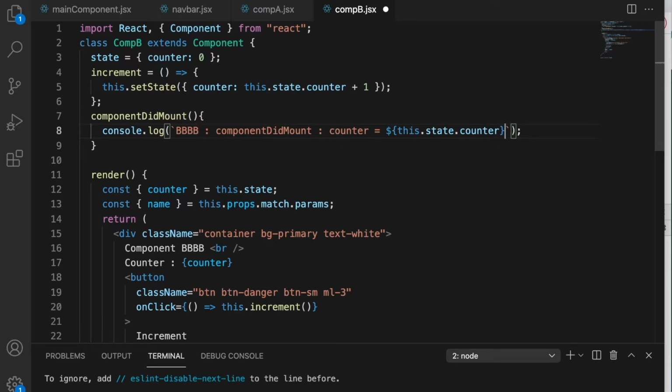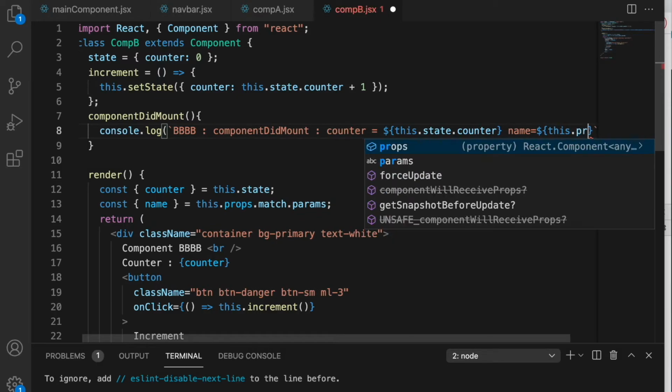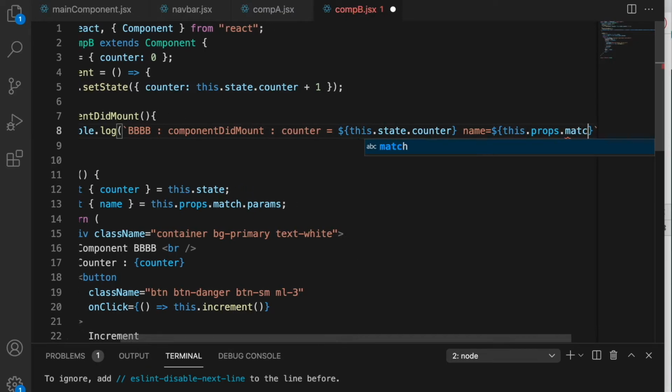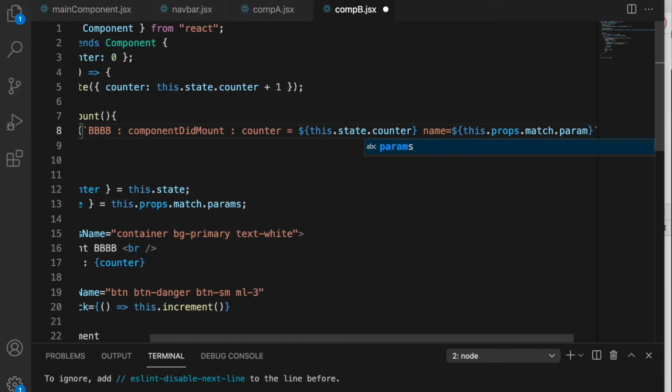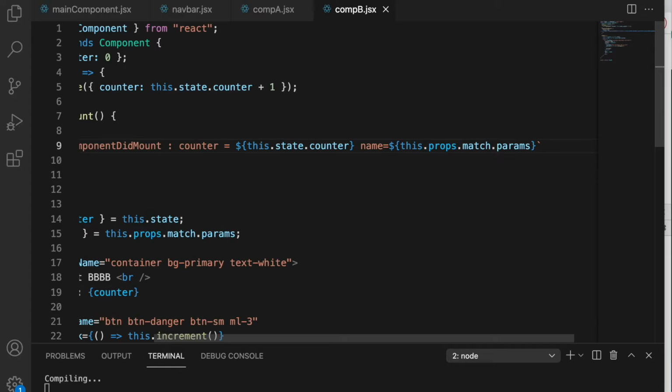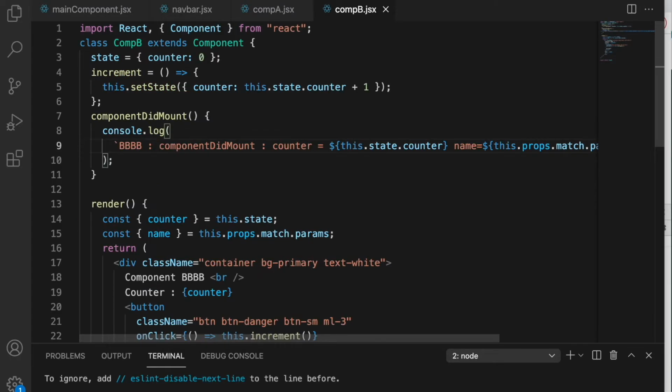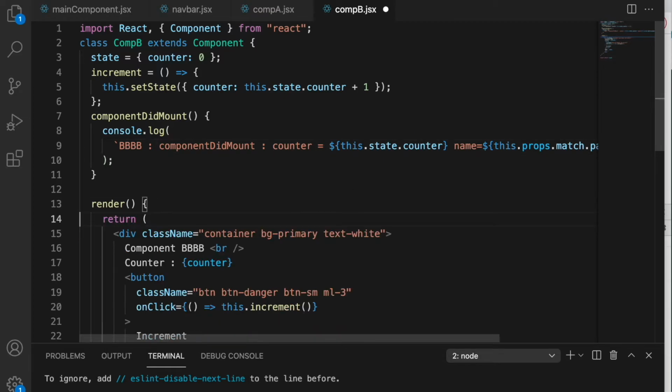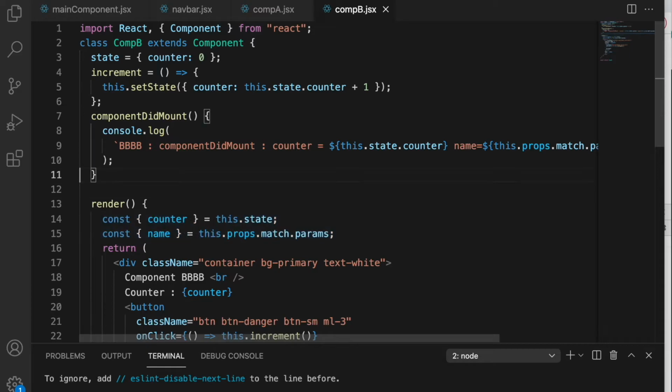And also what do we want to show here? Name is equal to, and what is name? This dot props dot match dot param. Or let's just destructure them, in all of them, so that it becomes easier.